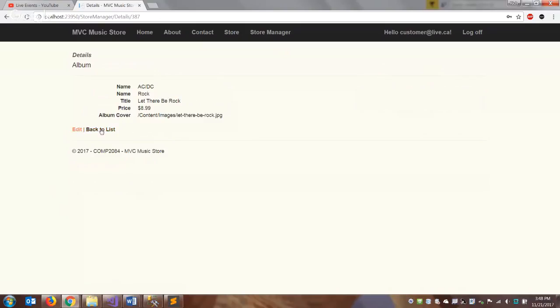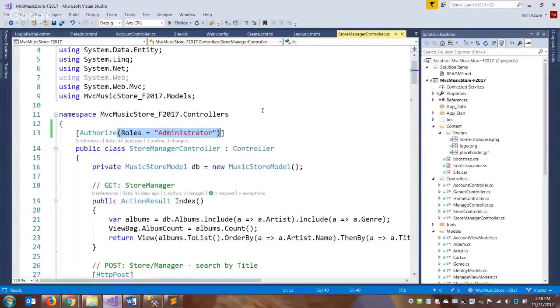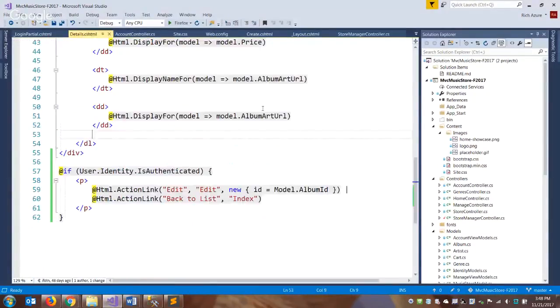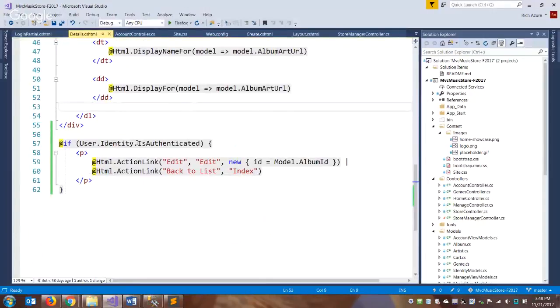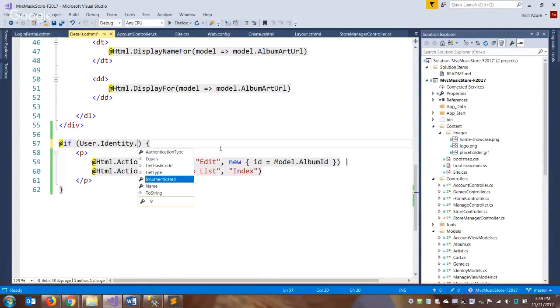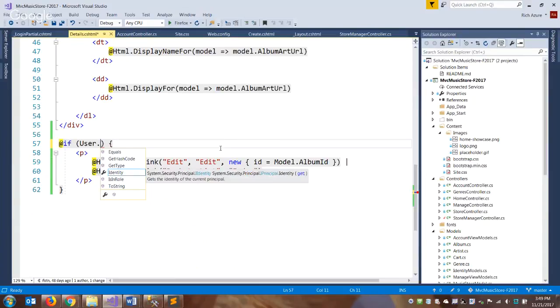So let's change this one first because we've already opened that file. If we go back to our details, this check is no longer good. It's not enough to just check if the user's logged in. So I'm going to take out that is authenticated. I'm going to take out the .identity. What do you suppose we might want to use instead from our little pop-up menu? Yeah, we want to check the user is in role,